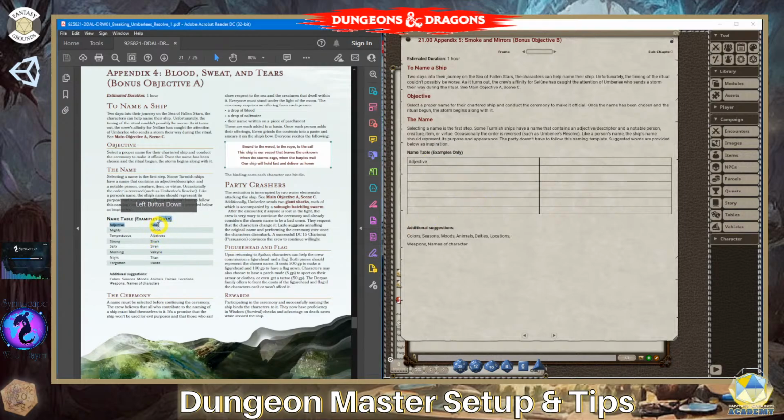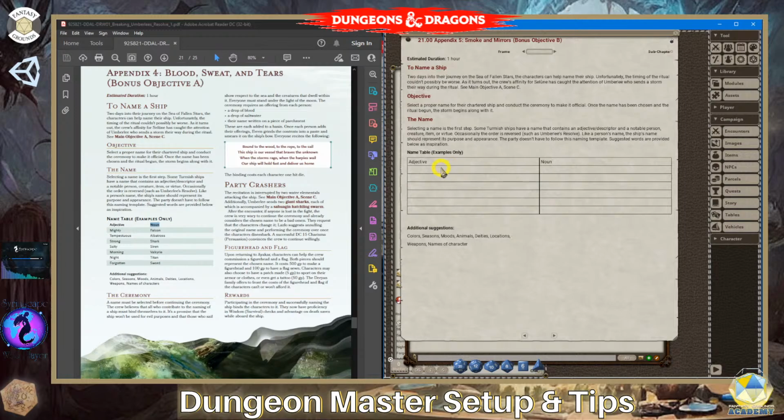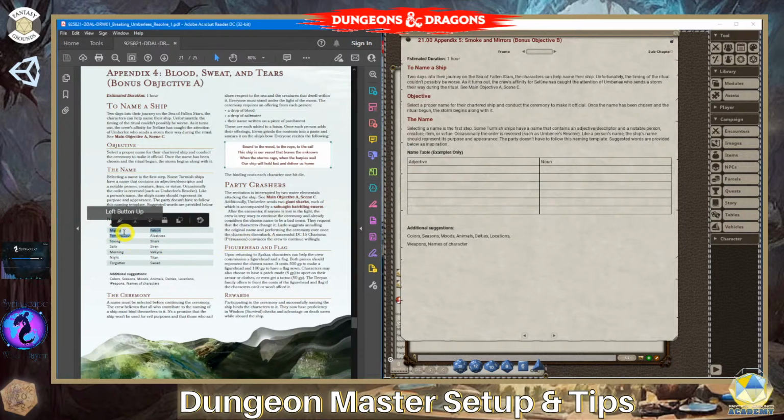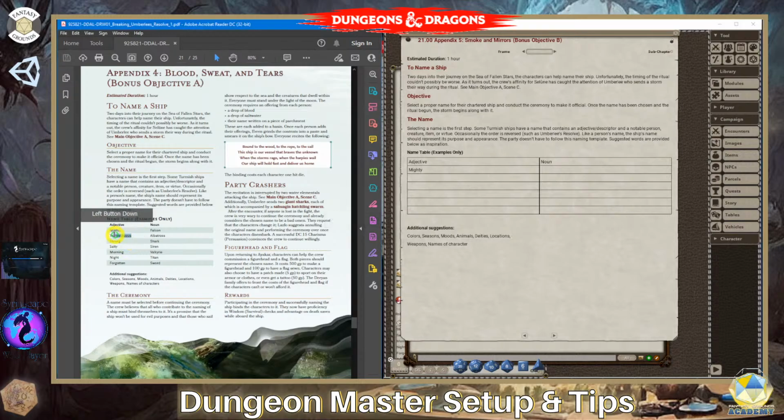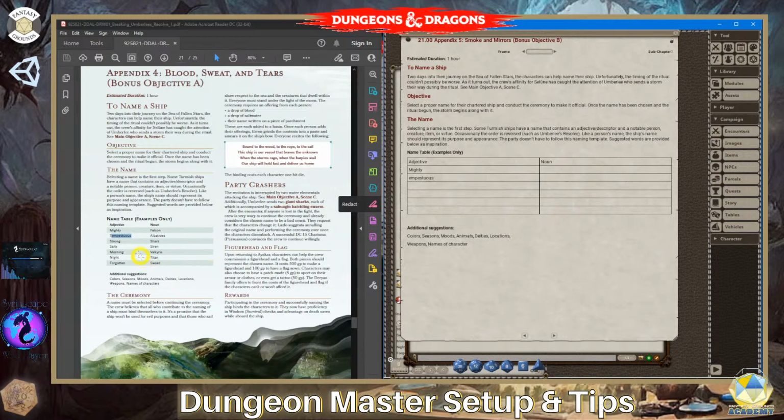So I personally don't care for inline tables. I mean, they look good in formatting and such, but when it comes to building them in Fantasy Grounds, not so much. So I'm sure there's a better way to do this, but I'm just kind of doing it the long way here. So I'm just going down the first column on the left and copying and pasting the text